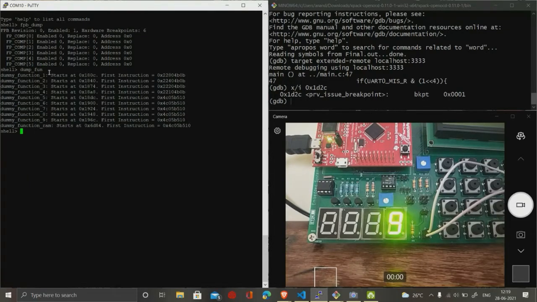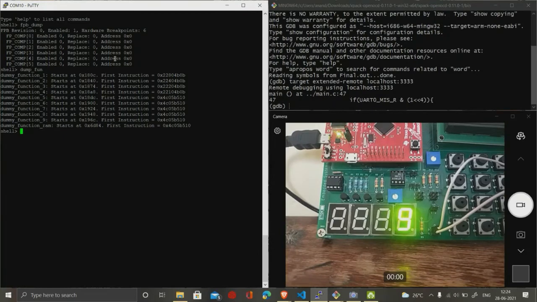This command will show the starting address of all the functions, the address of the first instruction of these functions. As you can see, this is the starting address of the first function, this is for the second function, this is for the third function.